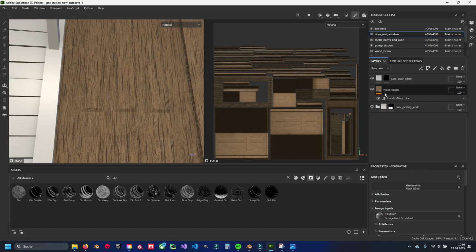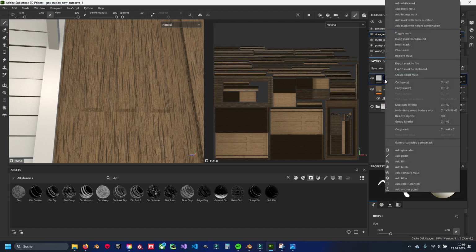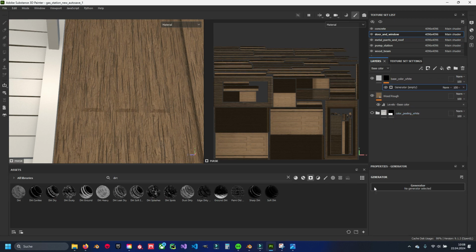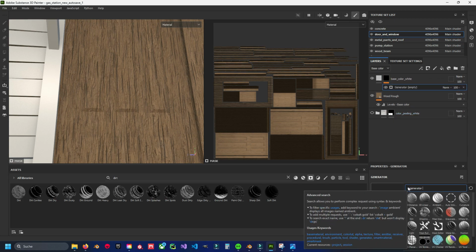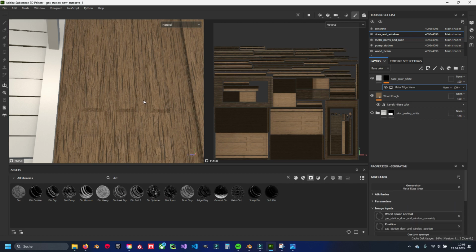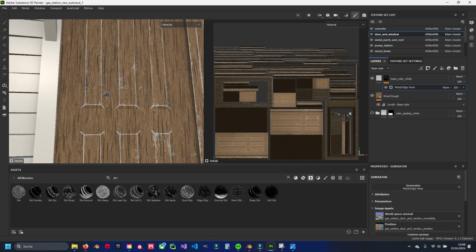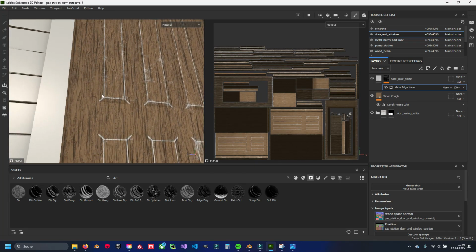So we need here on the black mask, right click, add generator, and with this generator we are going to add the metal edge wear. So just add it for now. And yeah, I think that's what I want. So we have it now inverted. So go to the metal edge wear generator,